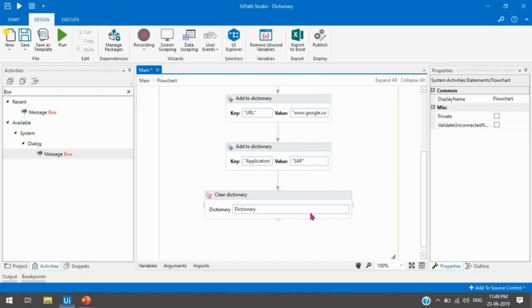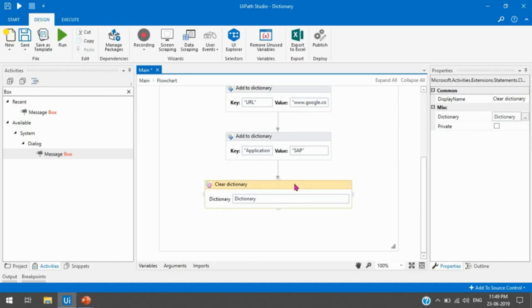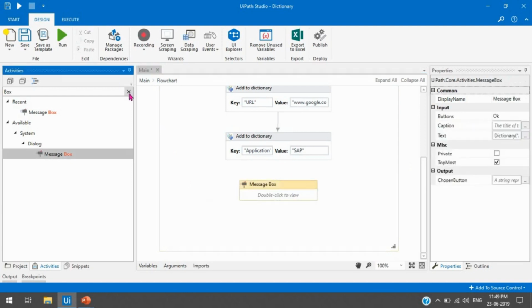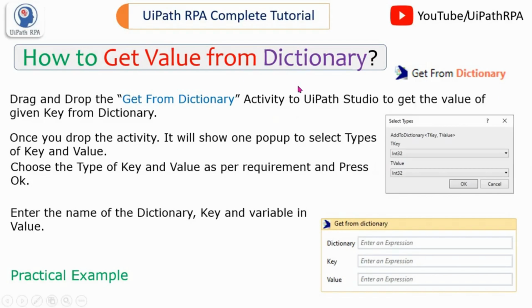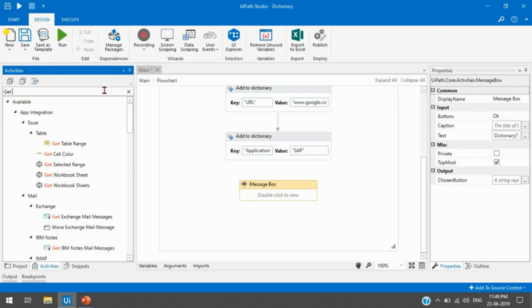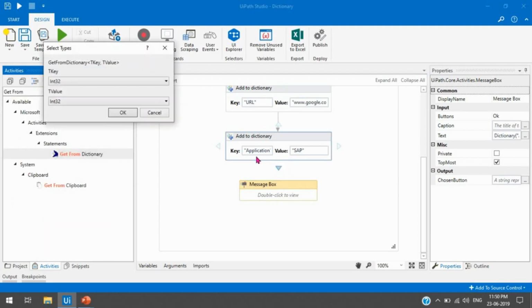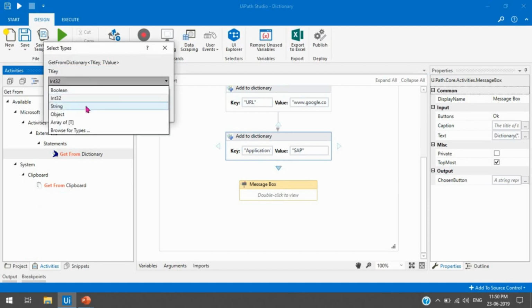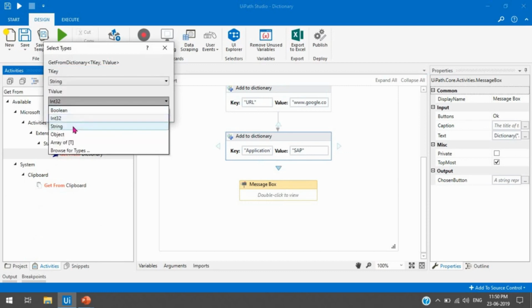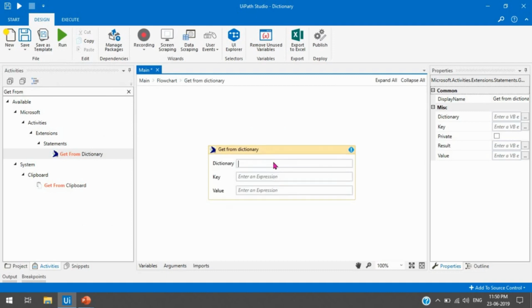Let me show you one practical example here. Now let me remove this, and I'm going to take that activity. This one is get from dictionary to get the value from the dictionary. So I'm going to connect this here, and the type will be string, the value will be a string. Press OK, and then here we need to pass the dictionary.